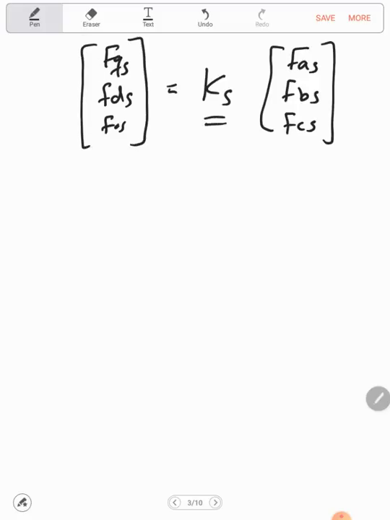And we know the transformation matrix from our previous lectures. So, doing the transformation yields